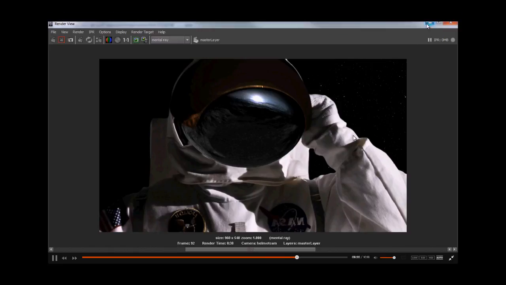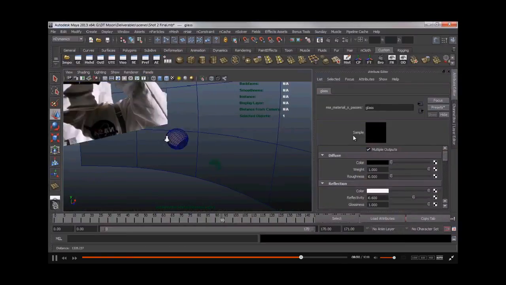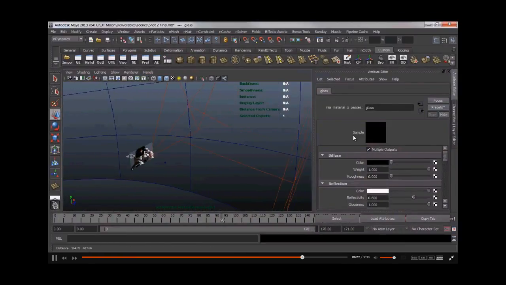Now let's take a look at the lighting. As you can see, we have this very nice reflection of the Andromeda Galaxy, and we also do have shadows here. If we go into the perspective view, let's take a look at what we have here. We have the original light casting light on the